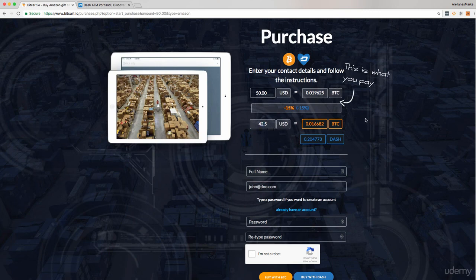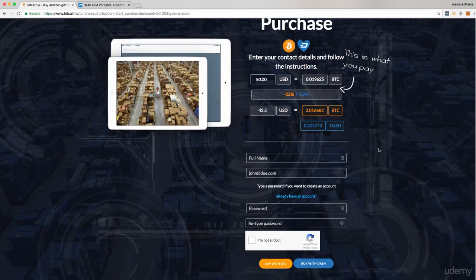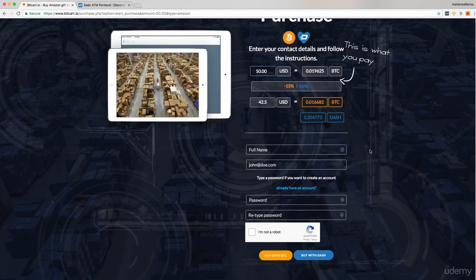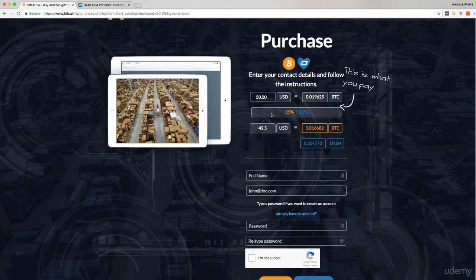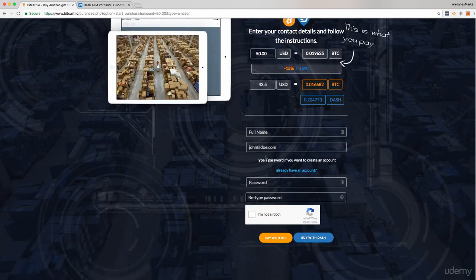0.019625 Bitcoin, but we're paying in Dash, so we'd only need to pay $42.50 in USD, which would be the equivalent of 0.204 Dash. Please note that these are just examples because the Dash price is so volatile in the digital currency realm,